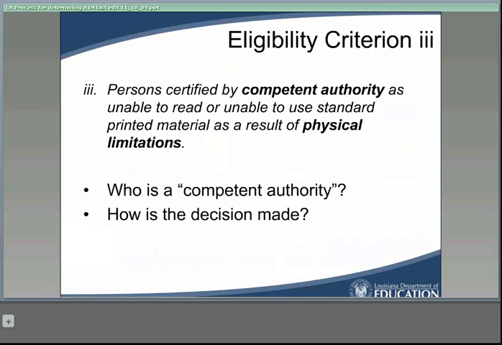Criterion 3 is a little more difficult in determining eligibility. The Library of Congress defines this group as persons certified by competent authority as unable to read or unable to use standard printed material as a result of a physical limitation. Categories of disability such as orthopedic, handicapped, other health impaired, and learning disability,